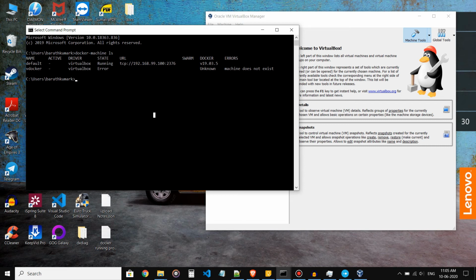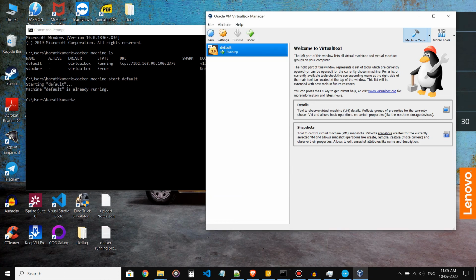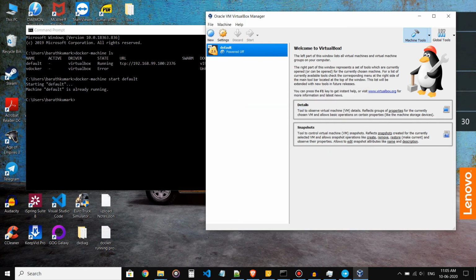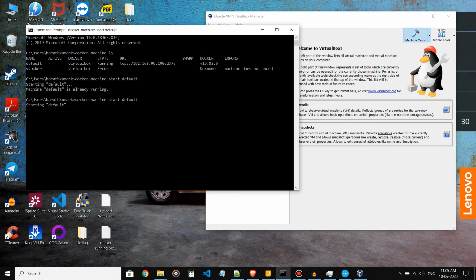So how do we enable it? Just type docker-machine start default. If it is not running, then it would start running. Sometimes your case will be like this. If you run the command again, it would check if the VM exists.